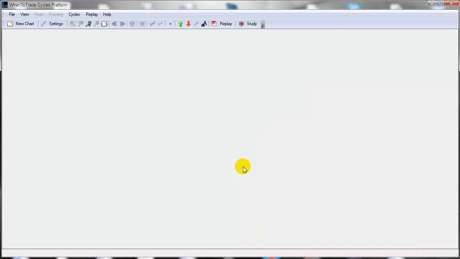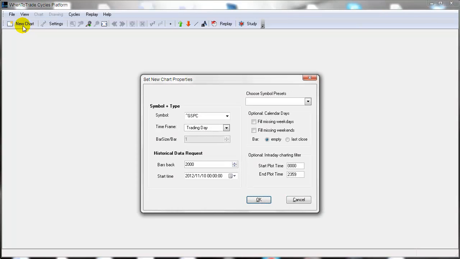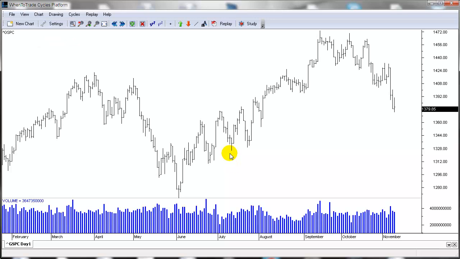And to go over the simple functions, let's start with a new chart. To open it, you enter the symbol. You have the option to use different time frames for your chart. You can choose your historical data request, and you have some additional settings to open the chart. So we will now open the new blank chart, and what you see here is simple Standard & Poor's